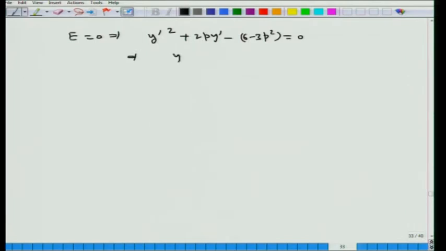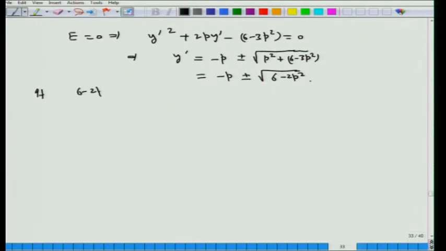So, the roots of this equation are y prime equal to minus p plus minus square root of p square plus 6 minus 3 p square, that is minus p plus minus root 6 minus 2 p square. So, we check the various cases: when 6 minus 2 p square is positive, when it is 0, and when it is negative. So, first case, if 6 minus 2 p square is less than 0,